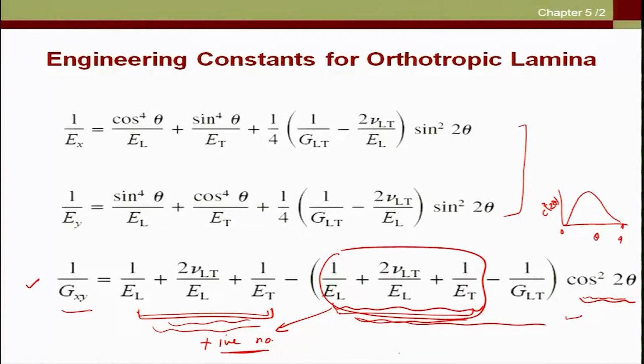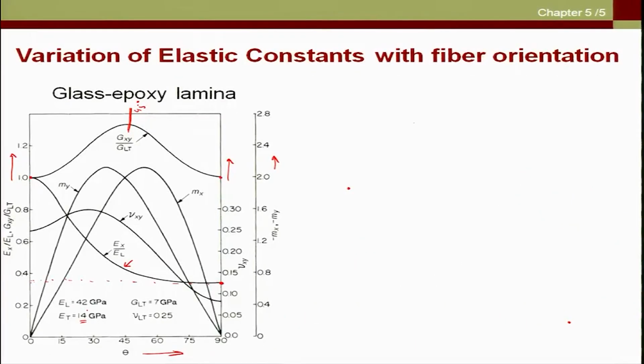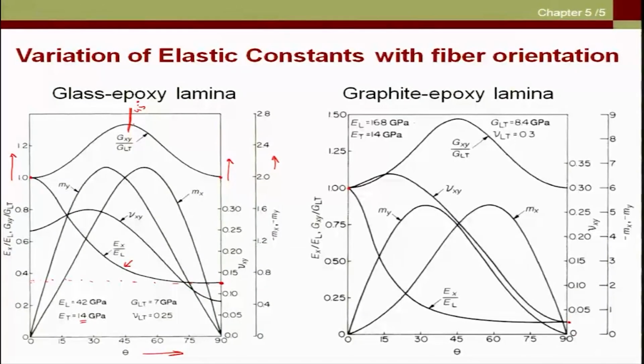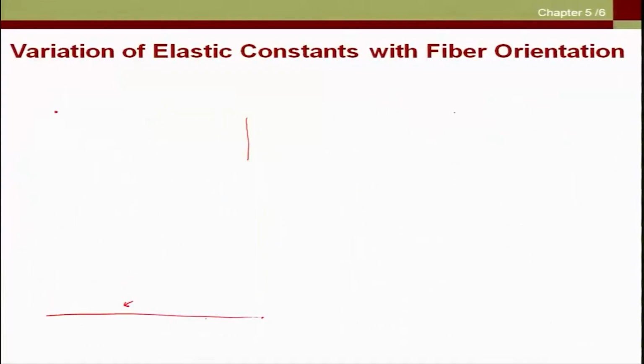So, this is the mathematical reason, and the physical reason for that is something we will discuss later, but because of this Gxy maximizes at 45 degrees. This is not particularly true for a specific material, but it is true for all generally orthotropic materials. We will see that the same trend is true for graphite epoxy lamina and for glass epoxy lamina. So, for graphite epoxy lamina also it is maximized at 45 degrees, and we see the same thing